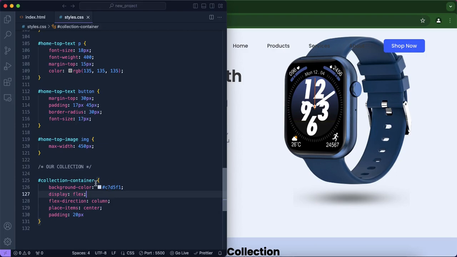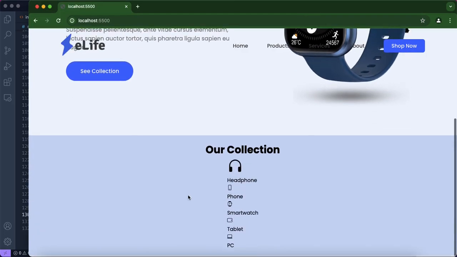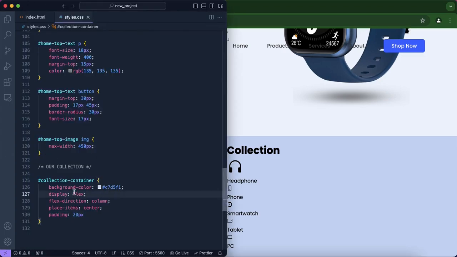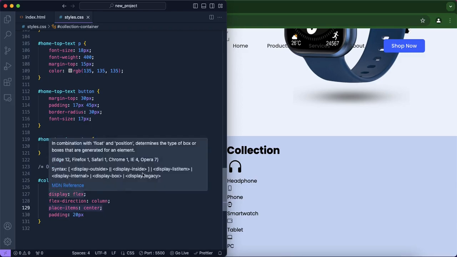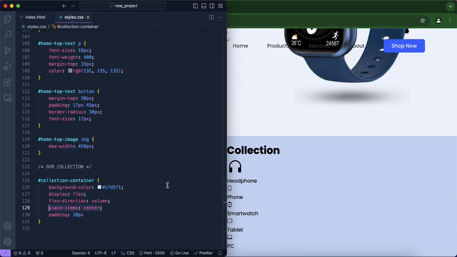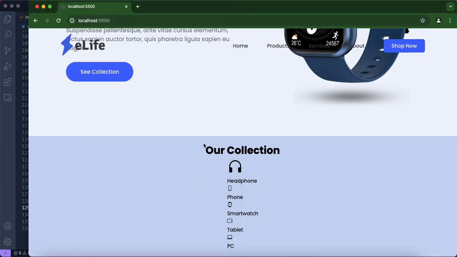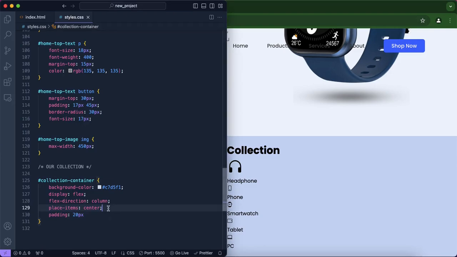Okay, so now we have added all our items. We also added a little spacing within the container, but we also used place items. Now, usually we would use justify content, because place items is usually used to place items vertically centered, but now we wanted it to be horizontally centered, but then we used place items instead of justify content, because of flex direction,